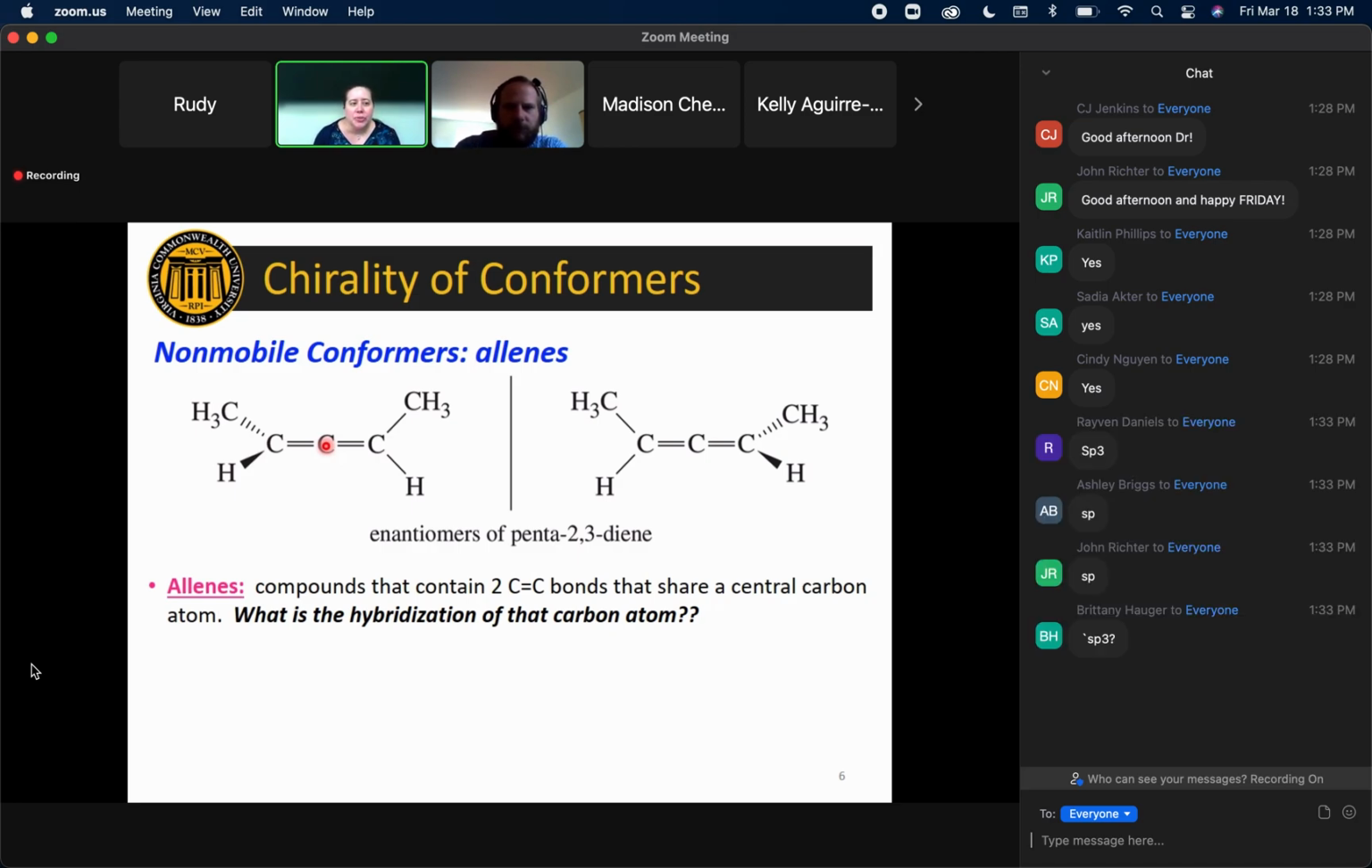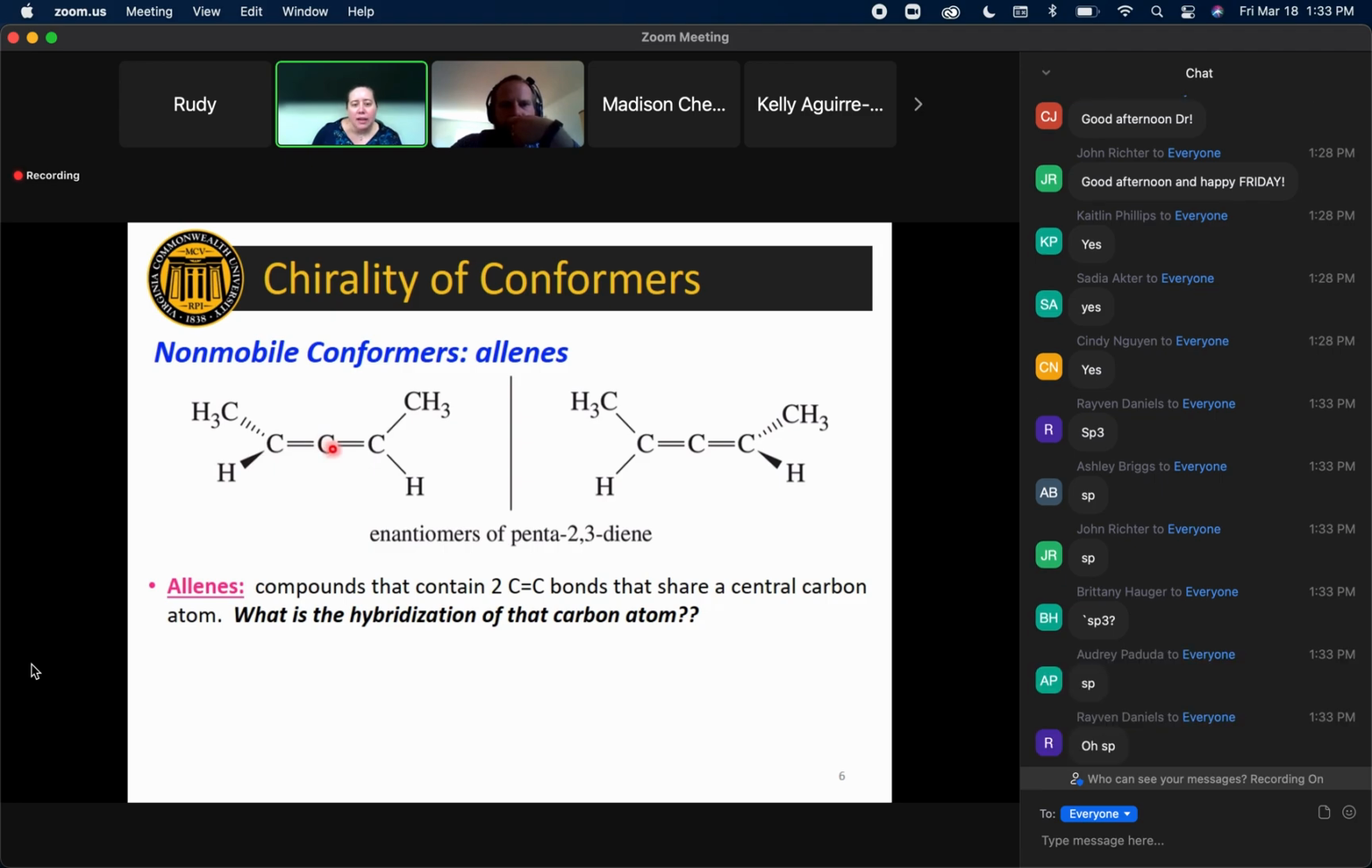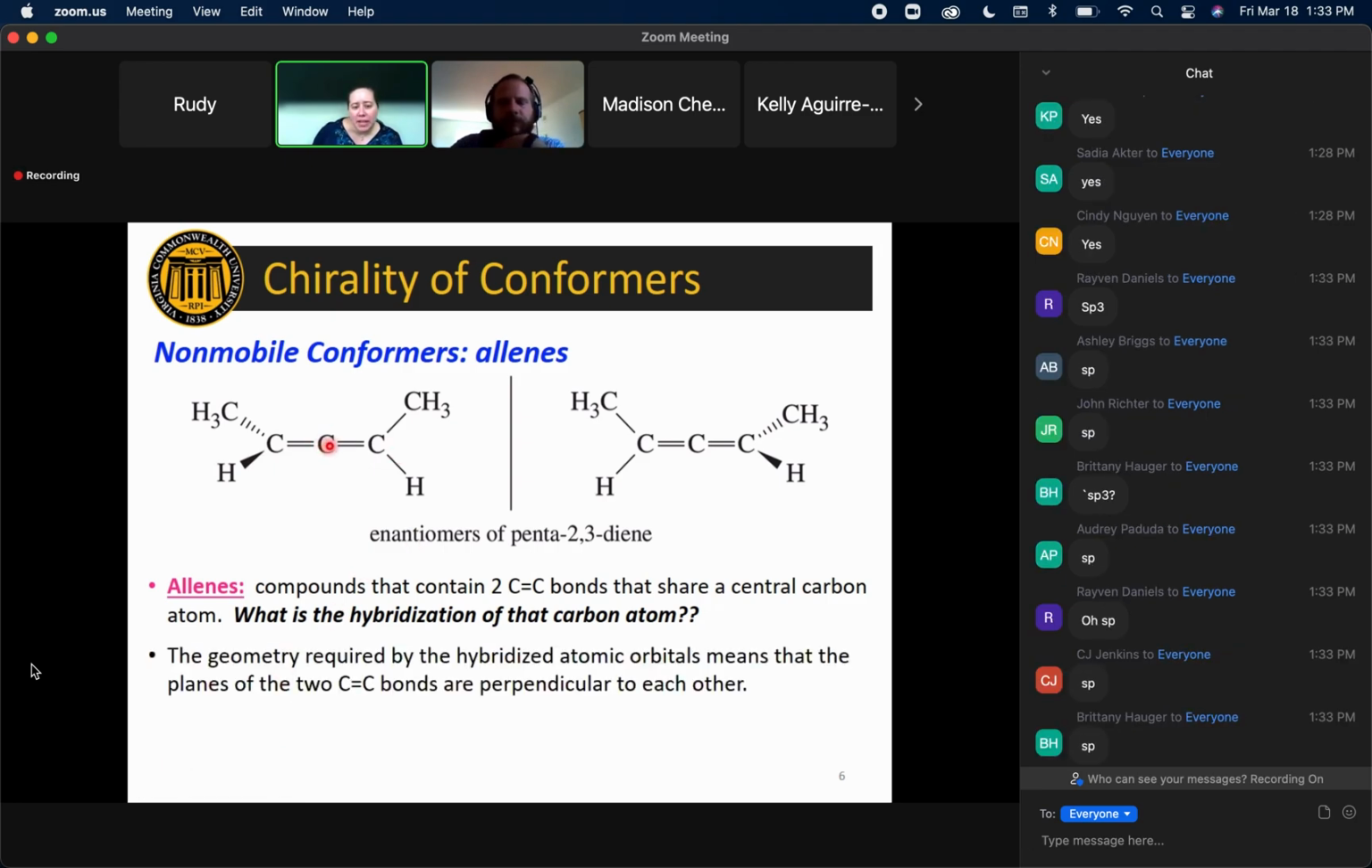It's attached to just 2 things, right? So it has just 2 groups attached. So it is an sp hybridized carbon atom. Because it's an sp hybridized carbon atom, that means that there are 2 leftover p orbitals that are not hybridized. One of those p orbitals is going to be in the plane of this page. The other p orbital is going to be perpendicular to the screen, coming forwards and backwards from the plane